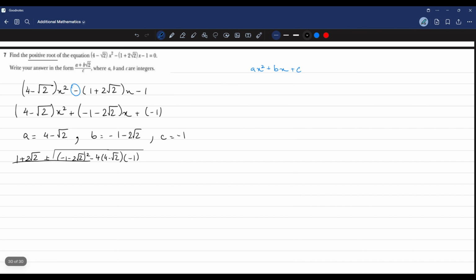And this whole would be divided by 2a, which would be (4 − √2) multiplied by 2. This would be x. If I were to simplify this, x equals 1 + 2√2